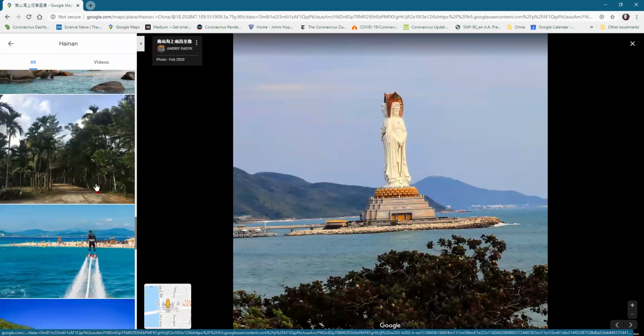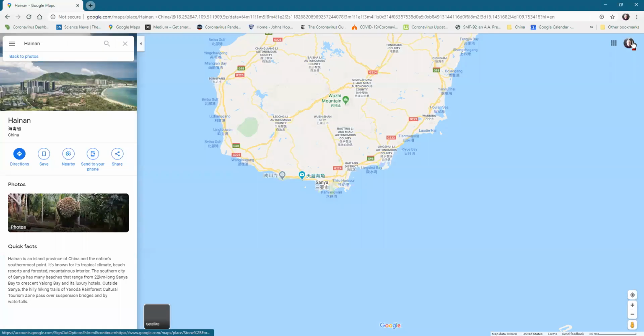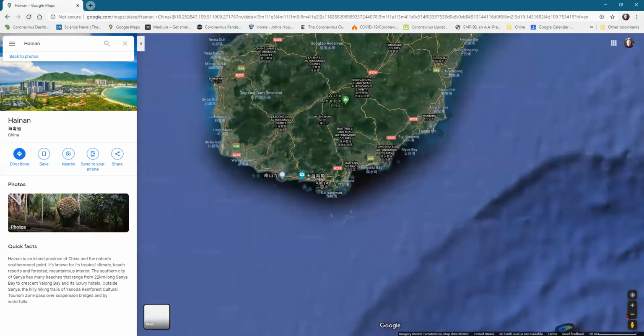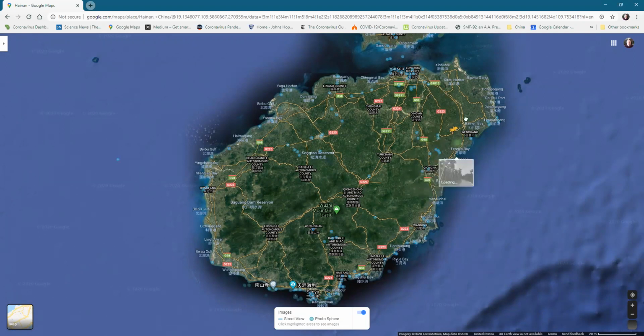These are all just different scenes from around the island. Maybe we can find that. The southern beaches. No, it doesn't say. Say again? Kuan Yin, I think. I can't hear you. Kuan Yin. Kuan Yin, okay. Anyway, there's lots of different panoramas. People on vacation like to take pictures and upload them to Google Earth View. I don't know what this one is, but